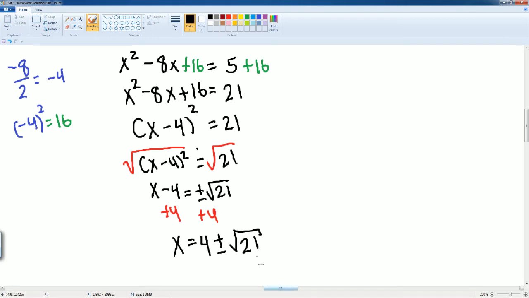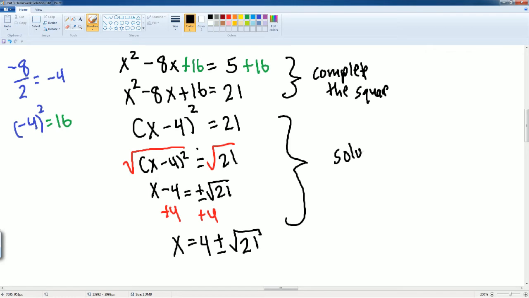There you go. So please understand, this step here was just completing the square. The rest here, this is the solve part. Okay,